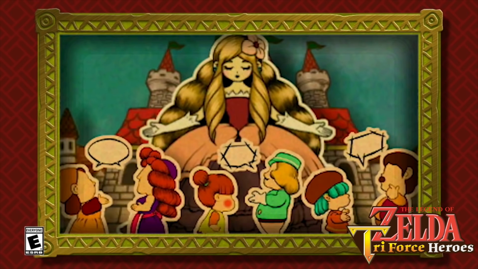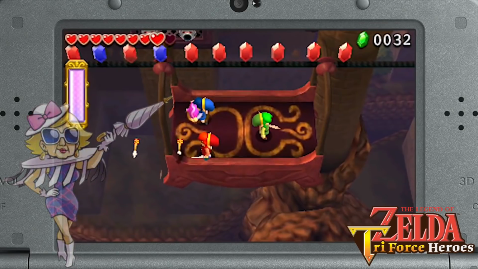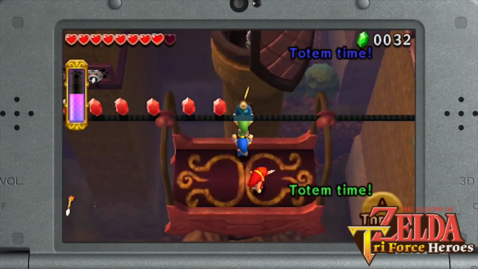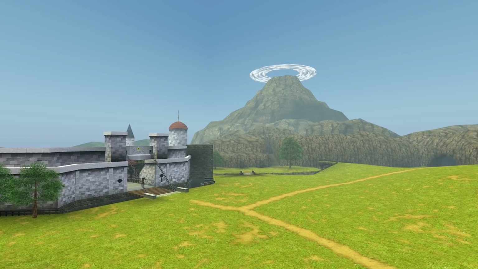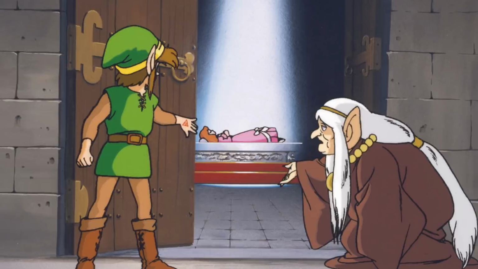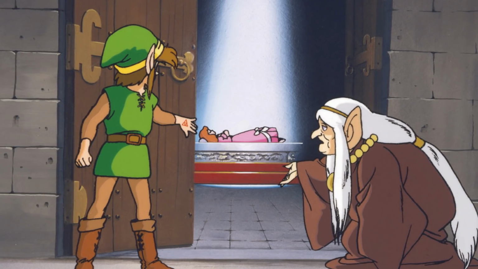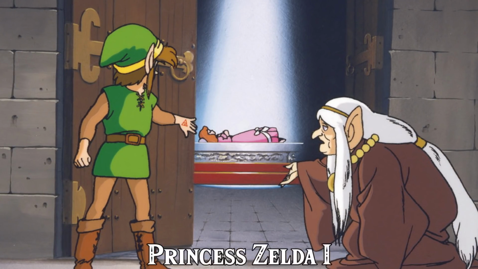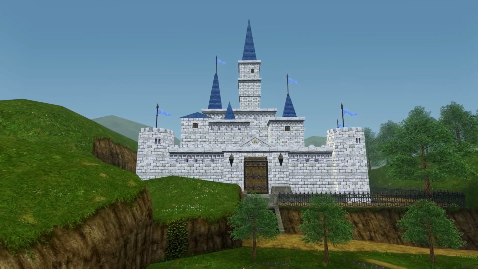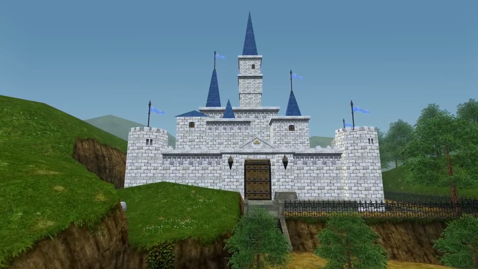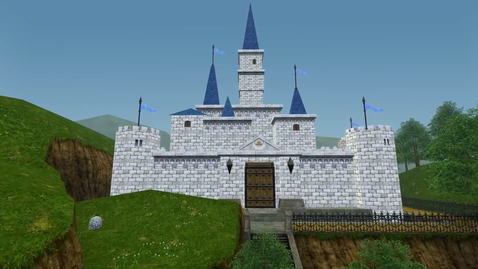Tri Force Heroes. Link leaves Hyrule and goes to Hytopia, defeats Lady Maud with the help of 2 other lookalikes. Hyrule enters a golden era, and then an era of decline occurs when Zelda is put under an eternal slumber. She was then named Princess Zelda I. The Prince of Hyrule decreed that every girl born into the royal family need be named Zelda.